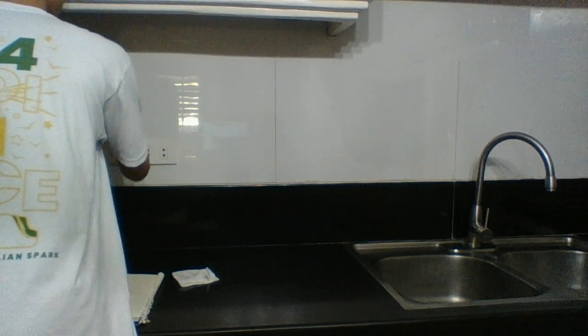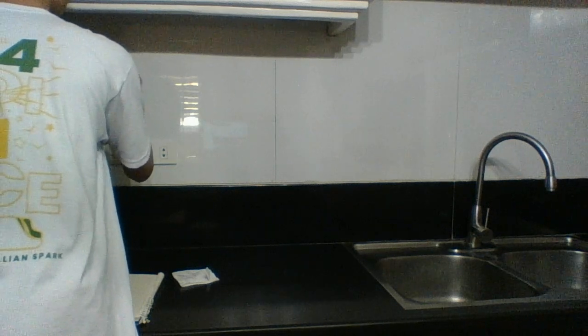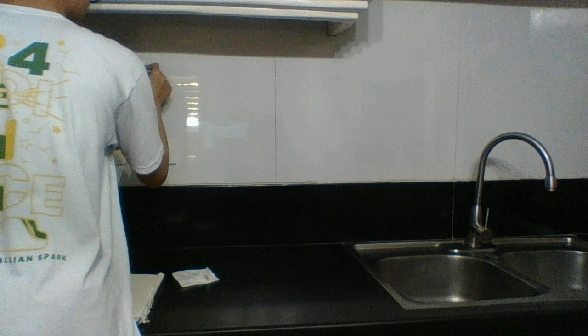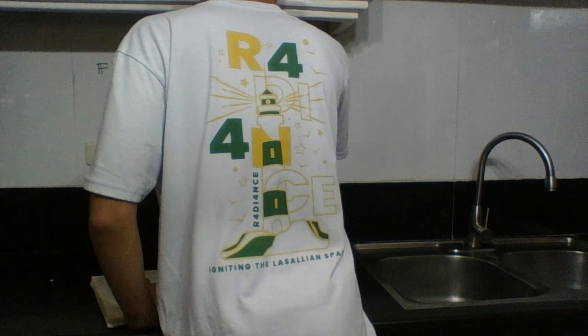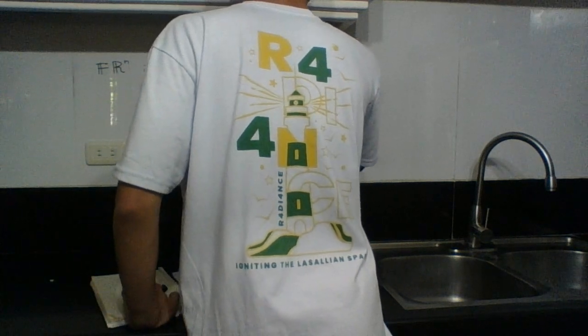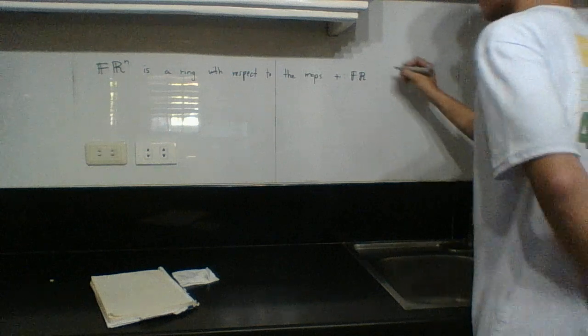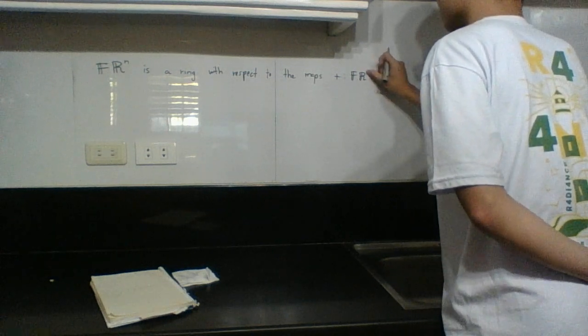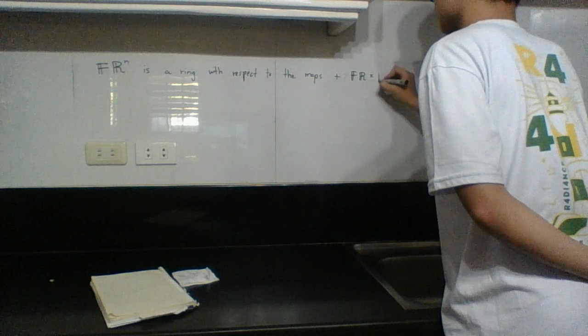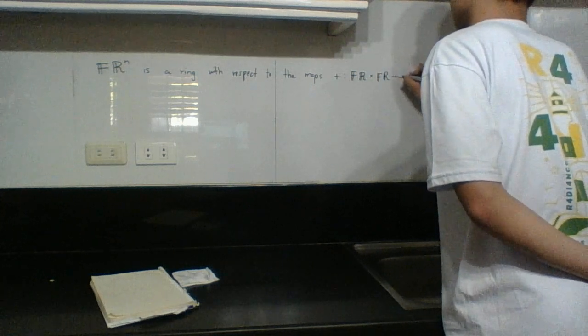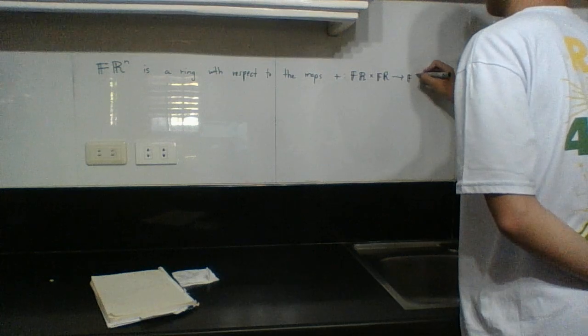So we now say that FRN is a ring with respect to the maps plus, which takes FR cross FR, or just FR, two inputs, to FR, so it's closed,